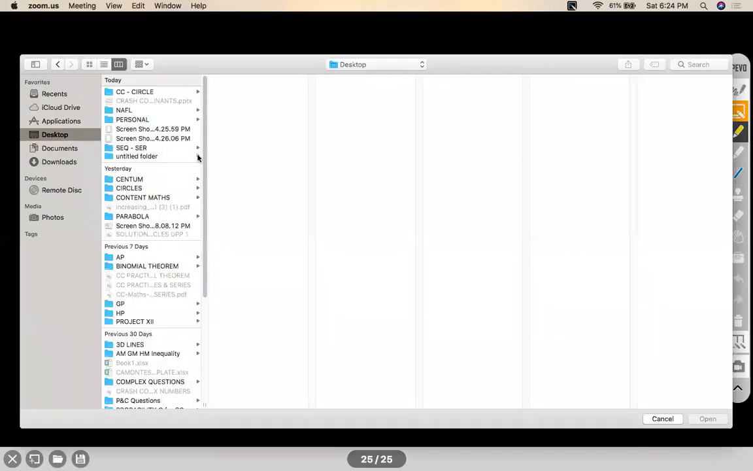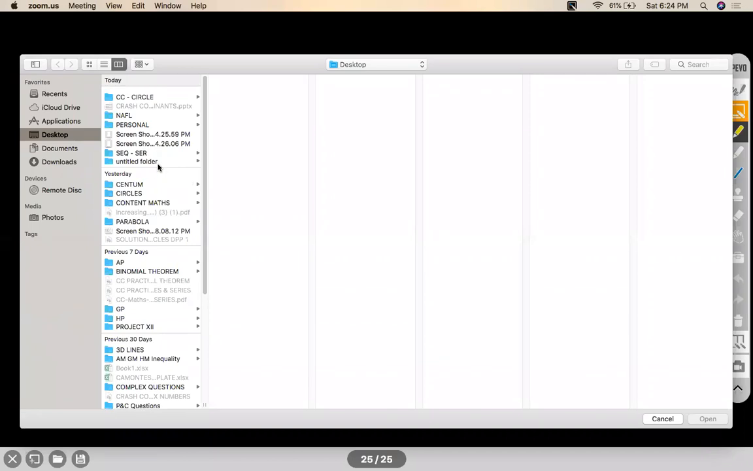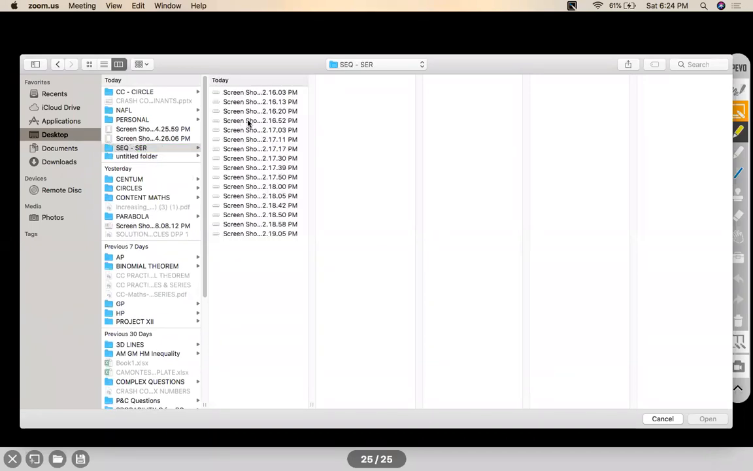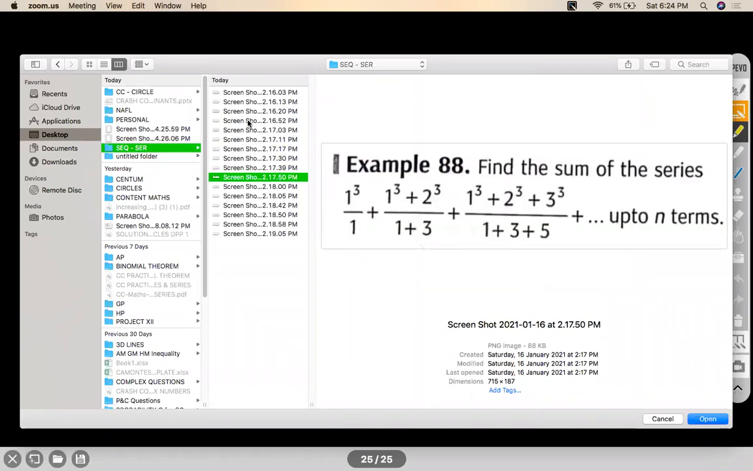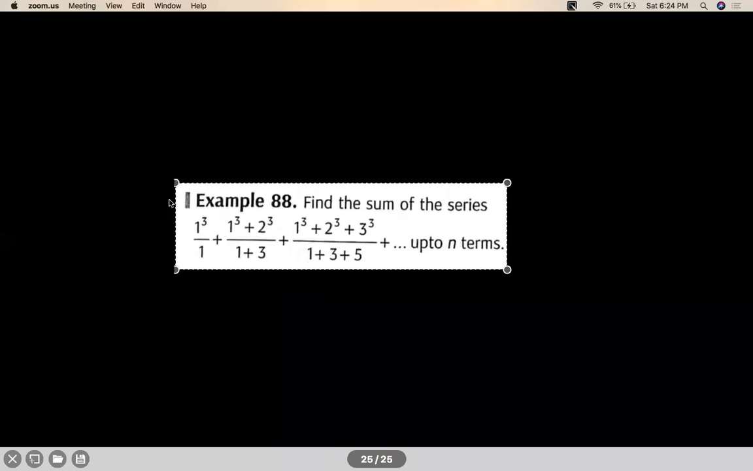Let's continue with more problems on the sigma method of summation. So the last problem was on finding the sum of this series, I believe. Yeah, this one we did. So let's do this one. Find the sum of